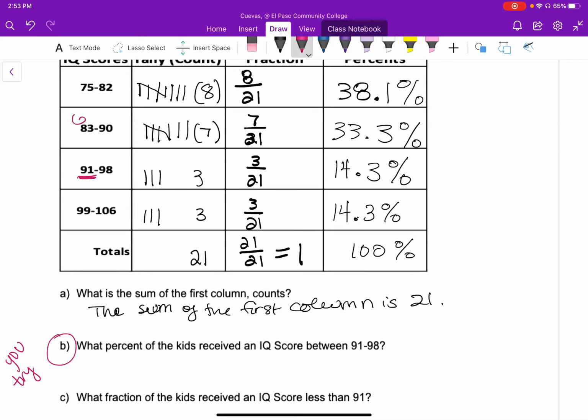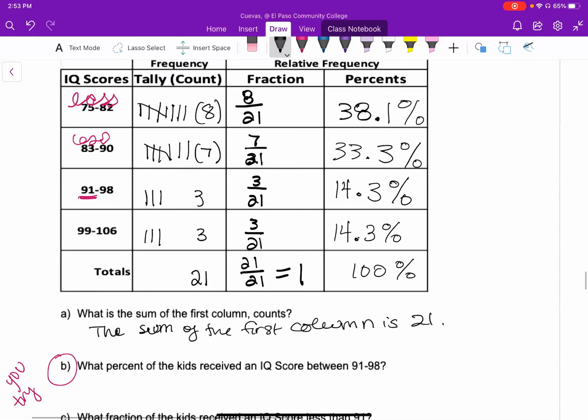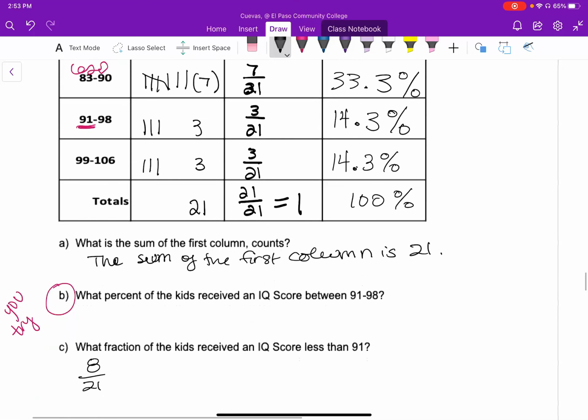So this is less, and this is less. This is actually kind of a double question. So we have a fraction of 8 over 21, because those are less than 91. And the 7 over 21 is also less. So we have 15 over 21. Let's write it out. 15 out of 21 kids received